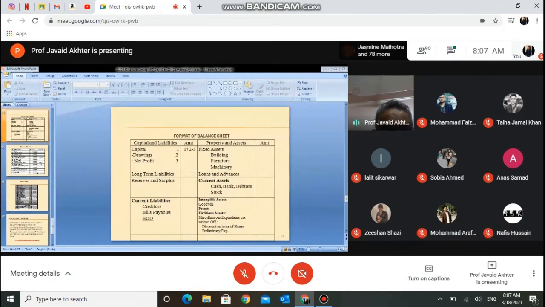Okay, one of you is saying it is capital. Any other answer? Sir, we get profit or loss by subtracting expenses from the revenue. That's why the profit or loss is added to the capital side. No, this answer is correct, but my question still remains unanswered. This is where the test of understanding lies.